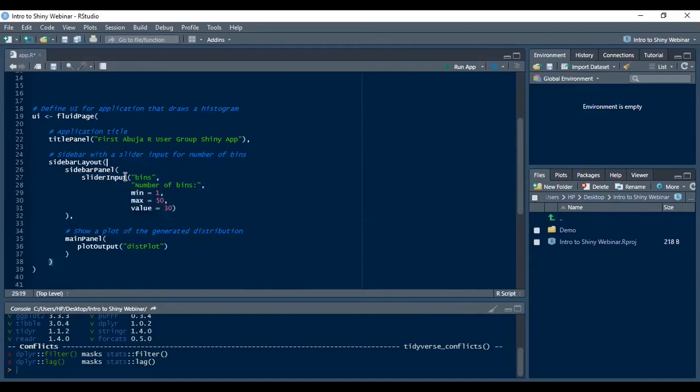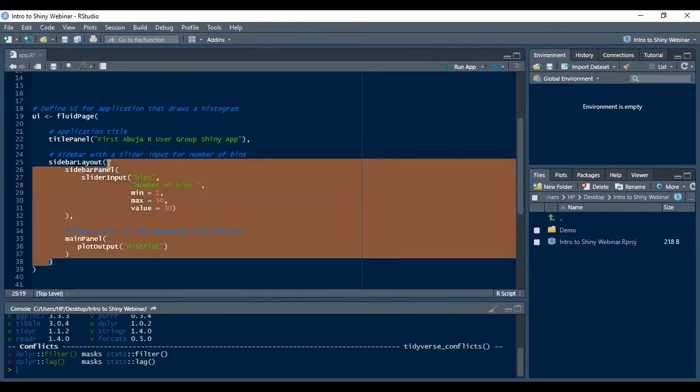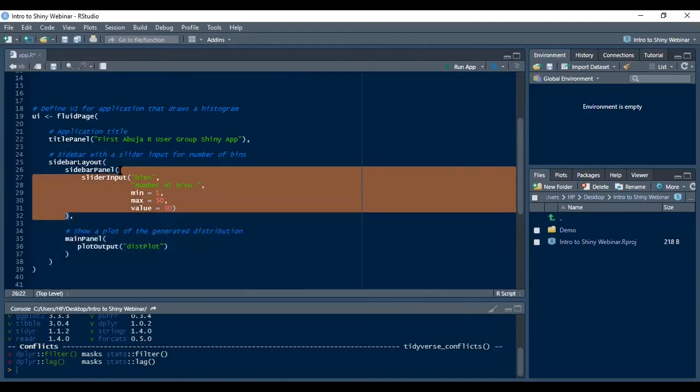user interface. This sidebar layout here is going to describe what is on the side. Most times it's on the left hand side, when you have a big screen. It's going to say, okay, what's on the left hand side, which most times what people do, they put there the input, and those inputs are like the slider which was sliding, so that it gives you the number of bins you want to put in the sidebar panel. So the sidebar layout is going to ask you, okay, how do you want your layout to be? Okay, I want my sidebar panel to have a slider